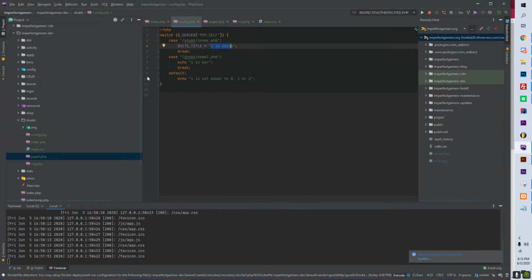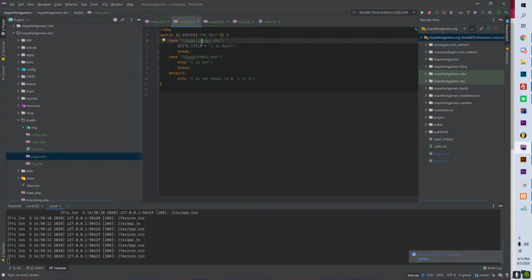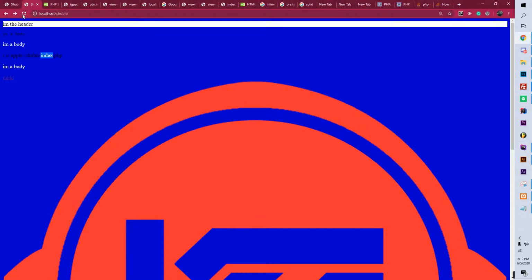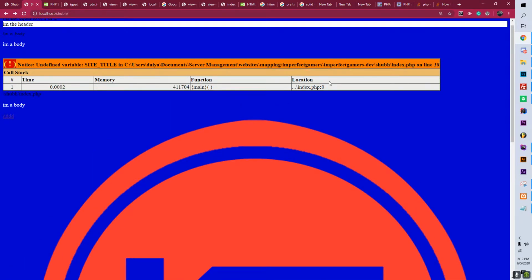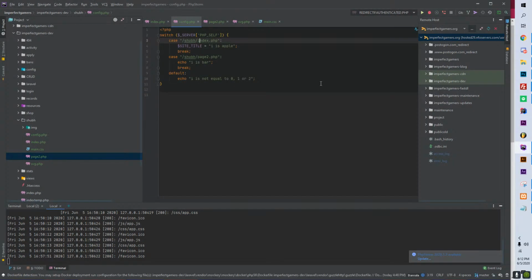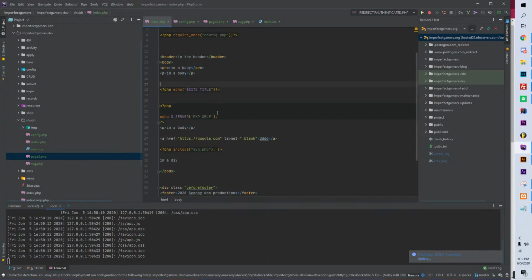Yep. So let's say I get the directory for this wrong, okay? So now it's not indexed, so it's not the case. It would just show the case name. It comes up as an error. Why does it come up as an error? Because the location's not there. You just misworded the case. Yep. And the reason why the switch statement is so important here is because you could basically make one